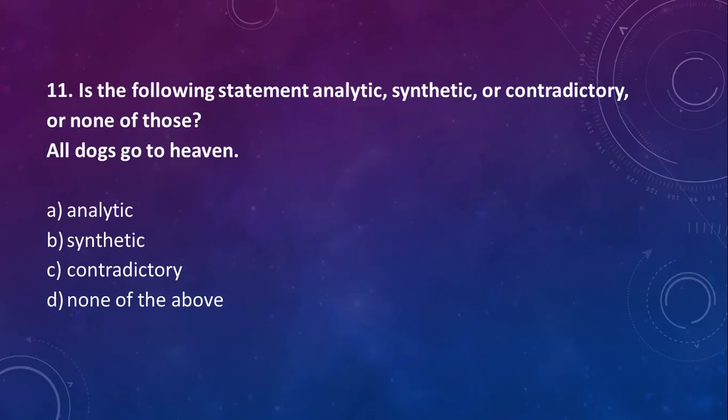As far as I'm concerned, I know that the synthetic statements relate to the world. I don't think heaven actually consists of, like, part of the world. So how are you actually going to check? Well, it's a good point, but it's a question about a false statement. If heaven doesn't exist or isn't part of the world, then it's a false statement that all dogs go to heaven, right? But there's no way of checking.